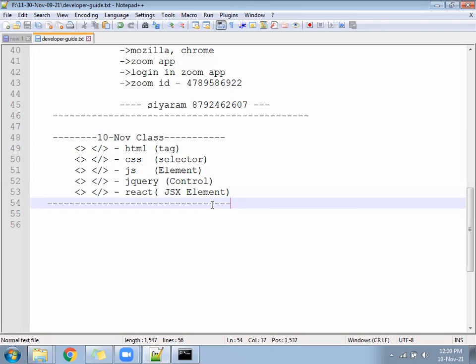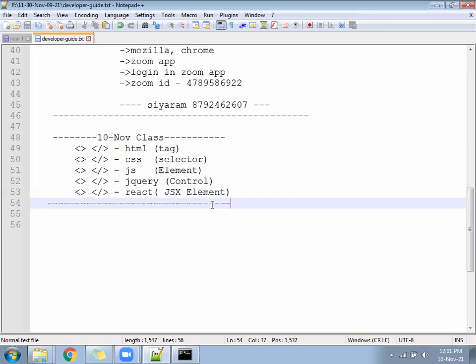In case he asks the types of selector, then for that we have to study CSS. Then we'll get to know there are a total of 5 types of selector. The same HTML tag is split into 5 types, into 5 rules. If this is the rule, then this is called that. We will understand that again later.